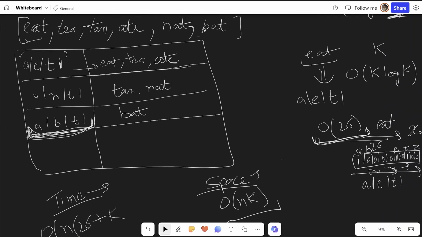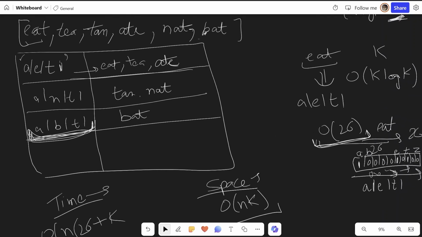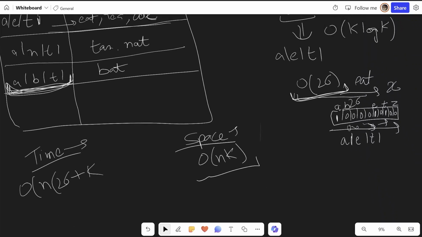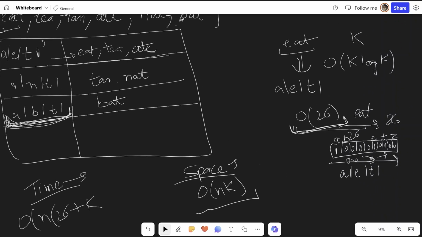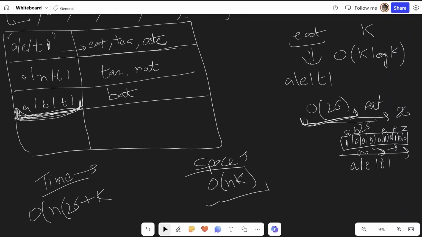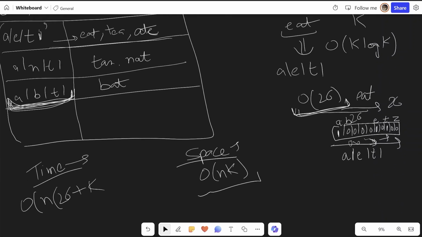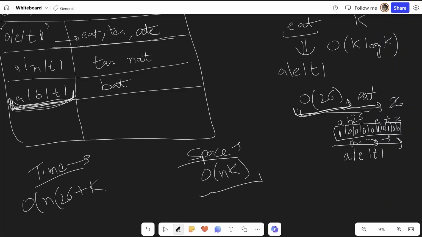So that would also be added here. And I think it should be k here. Let me just see. Yeah, we are going through each string to calculate this frequency string, so that would be k steps. I forgot about this.